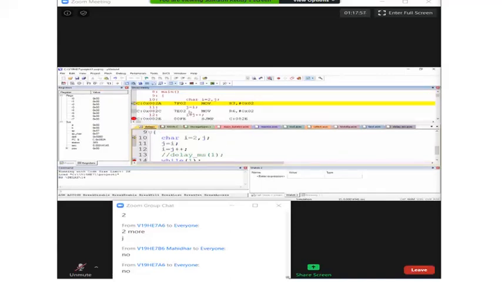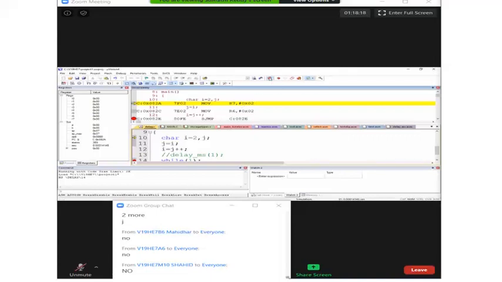See, now J is located in R6. I is at R7, J is at R6. Previously, did you observe any location reserved for J? No. Now we are observing that there is a location reserved for this.